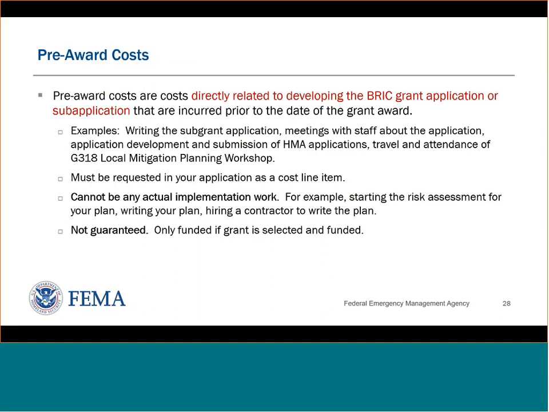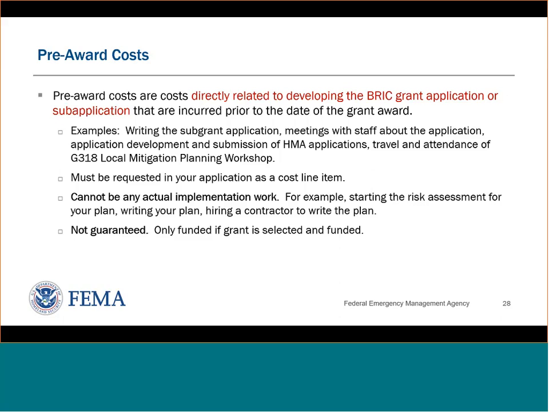Great. So we have the definition here for pre-award, so I was ahead of myself on that one. Pre-award costs, as you can see here, are defined as costs directly related to developing the BRIC grant application or sub-application, and that are incurred prior to the date of the grant award. We have a couple examples up here, and I'll walk through those in a second. But as I noted, they should be requested in your application as a cost line item. You want to make sure you're clearly categorizing any of those costs that are pre-award